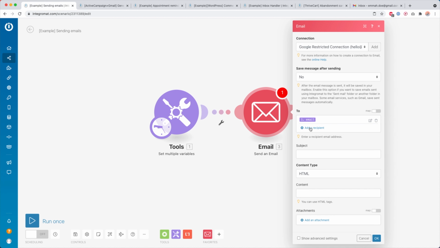So if this is what you want to send, then it's totally fine. If you want to style the email, maybe with bold text, maybe you want to mark some text with color, maybe you want to insert some images or a signature, then you're going to need the HTML content type, and then you need to write your email in HTML, which can maybe be a little bit intimidating if you have never done that before.